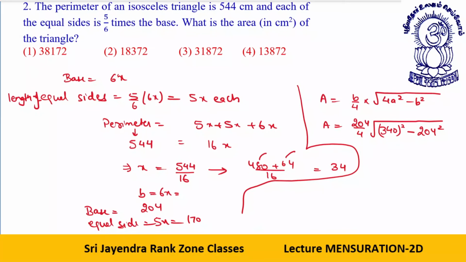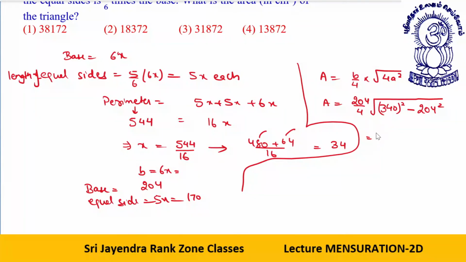Dear students, we have been dealing in some sort of calculation shortcuts previously. This will be 51. 34 square is 1156. So let it be 115600 minus. How do we do 204? 204 plus 4, 208. Double of 208, 416. 416, 4 square, 16. So this gives me 51 into under the root, double zero. Let's say 0 minus 6, 4. 9 minus 1, 8. 9 minus 1, 8. 5 minus 6, 9.